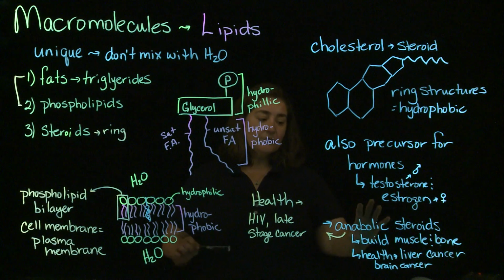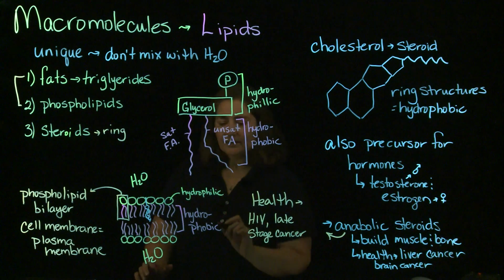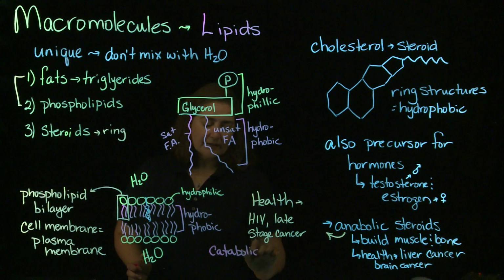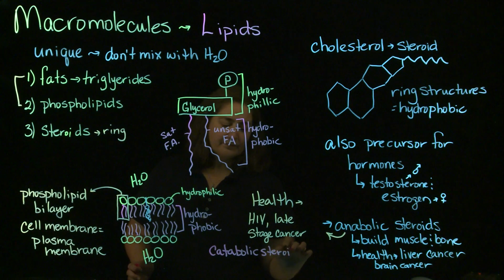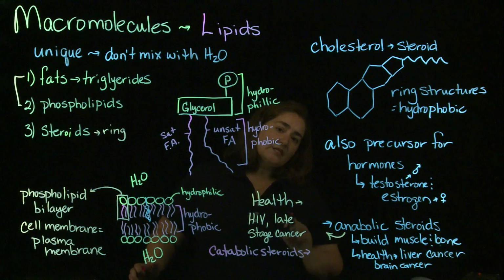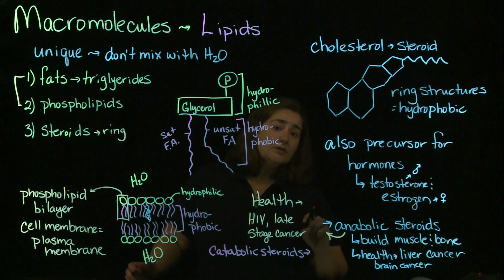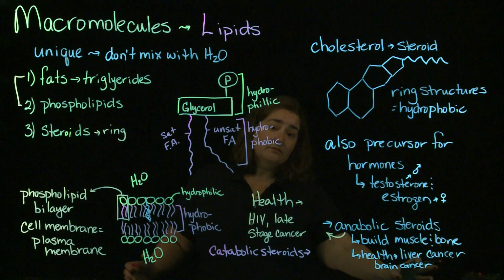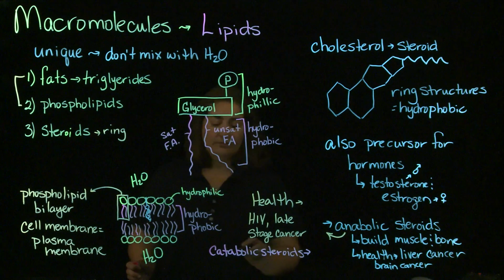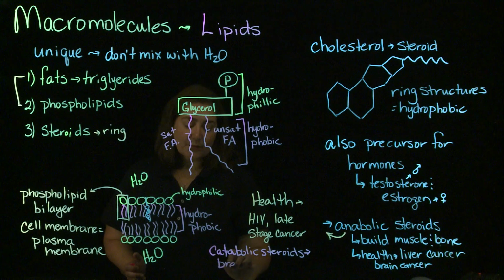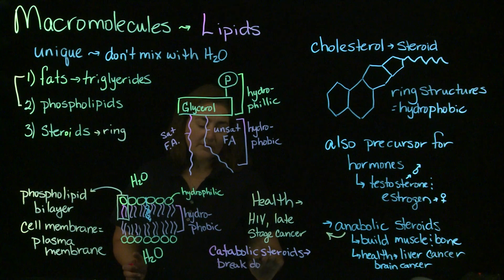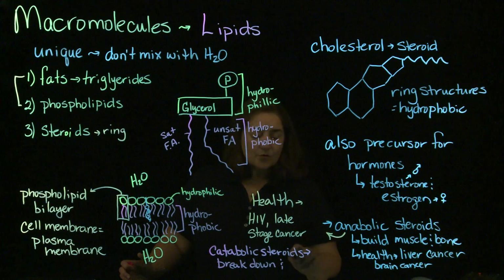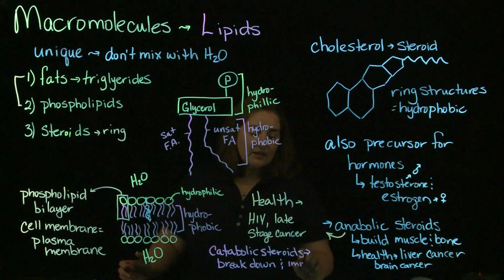Now don't confuse the anabolic steroids, just real quick as a side note here. There are also catabolic steroids. So if you've ever taken something like prednisone, prednisone is a catabolic steroid. Not going to build muscle when you're taking a catabolic steroid, all right? This one will actually break down body components, but really the catabolic steroids like prednisone are given